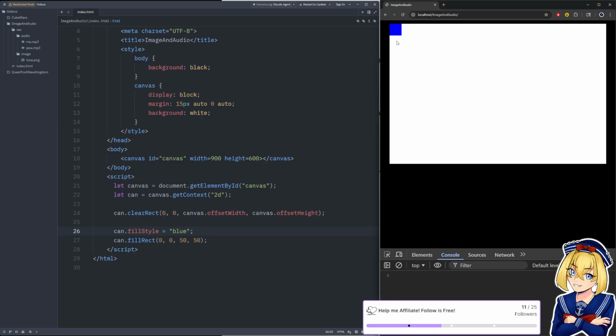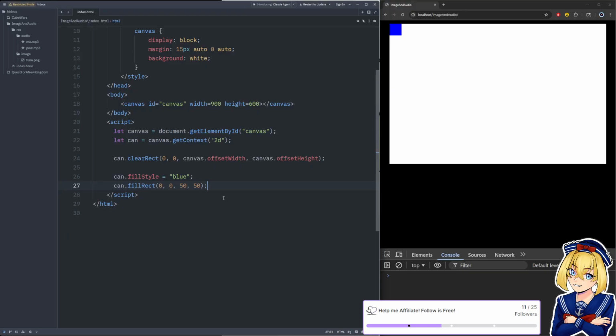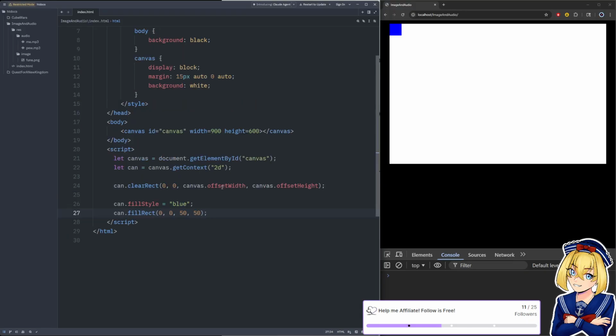So we make a blue square instead of a black one. Okay, so we have a canvas. This is a very similar setup to what we had for Cube Wars when we did it in HTML and JavaScript. But all we did was use fill rect and this fill style in order to make all of our objects for that game.